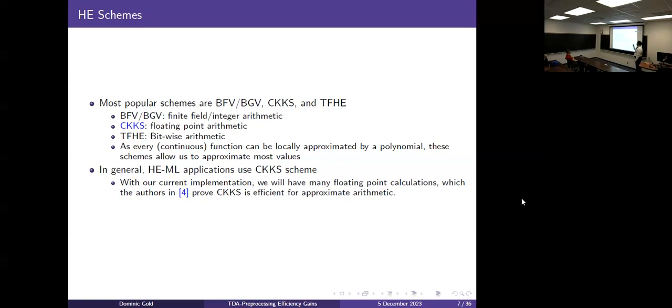CKKS is the next major player, which was made by Seoul National University, and right now they even have a company called CryptoLab, and that is mostly used for floating point arithmetic. So if the things you're working with are floating points, you use that one. And then finally, TFHE was made by Zama. That is useful for bitwise or Boolean arithmetic. Effectively you can use any of the three, but there are optimizations internally that make them best suited for one application over the others.